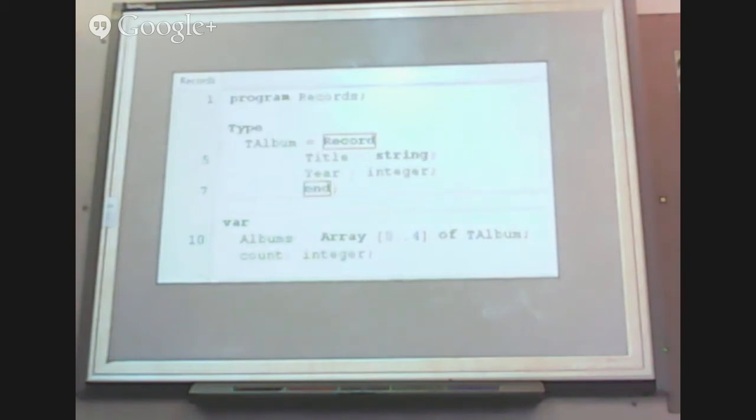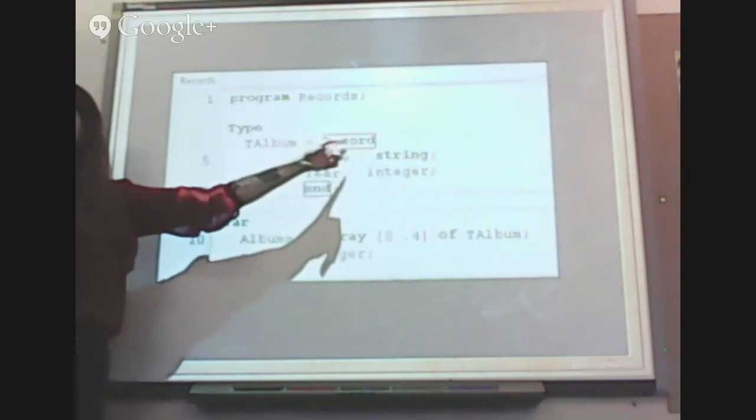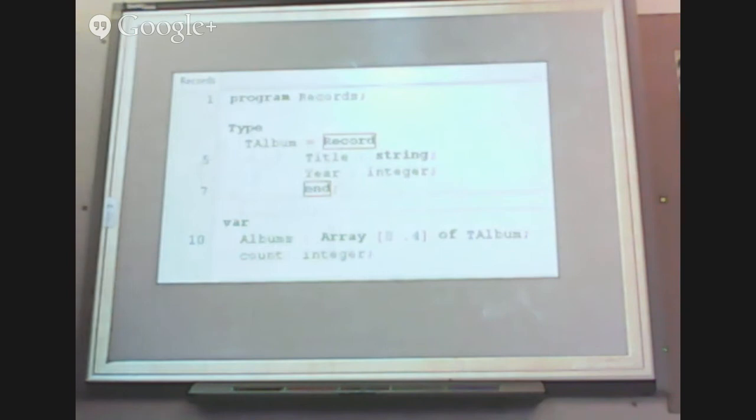So create this in your new, do a new simple program. So program records, type is going to be T album. It's of type record. Now record is a keyword. This is the one time where you don't